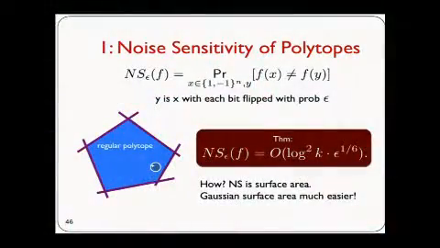And how do we do this? Intuitively, this is because noise sensitivity is essentially the surface area of the surface you are looking at, because you're just looking at the probability that you cross the surface. Gaussian surface area turns out to be much easier to handle, and you can compute it by setting up the integration the right way. We use our invariance principle to translate the Boolean problem to the Gaussian world and use the known result in the Gaussian setting. In the Gaussian setting, the tight bound is theta of square root log k, and that's why I believe that the invariance principle bound should also be square root log k.